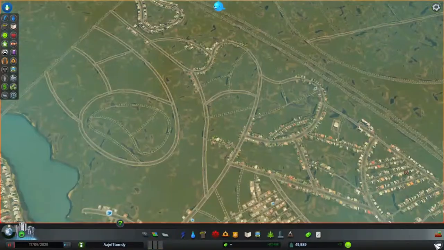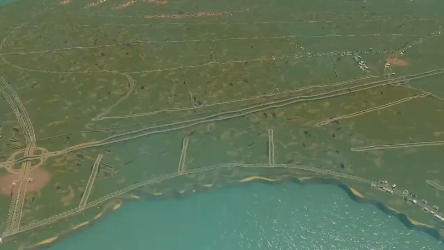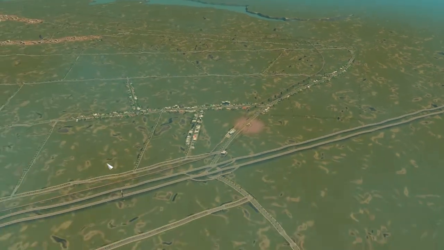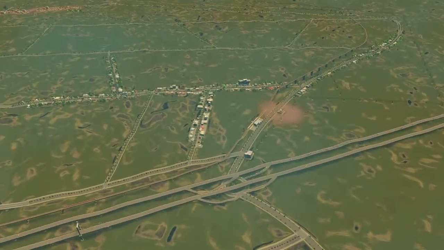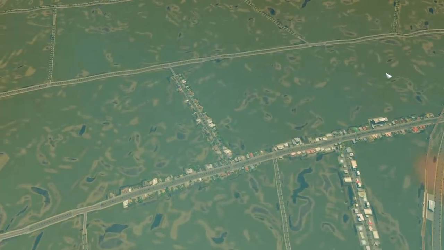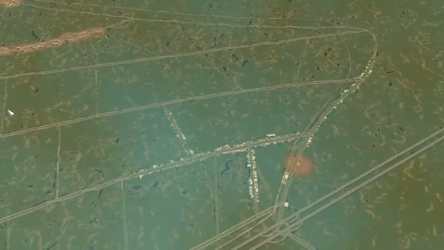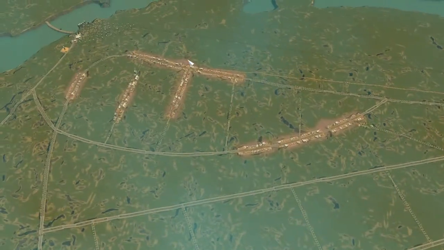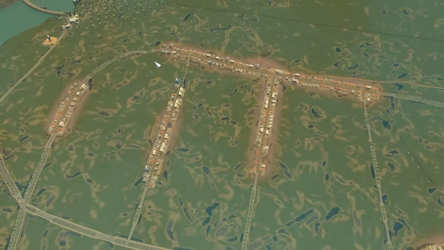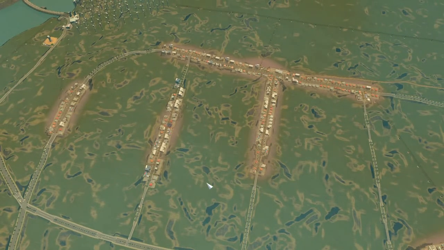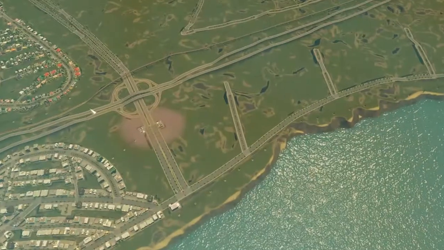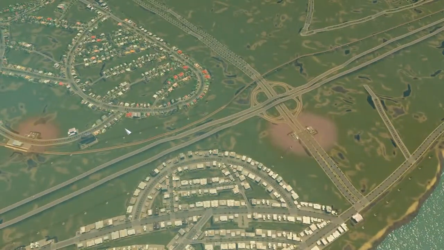So as we enter the city, the first thing you will encounter is the rural area. It's pretty sparsely populated. It has a lot of area with not very many buildings, commercial area. But along with this area is a small industrial area right here, which is farming mostly. If we go back to the highway, as we go further down, we will reach the suburban area,